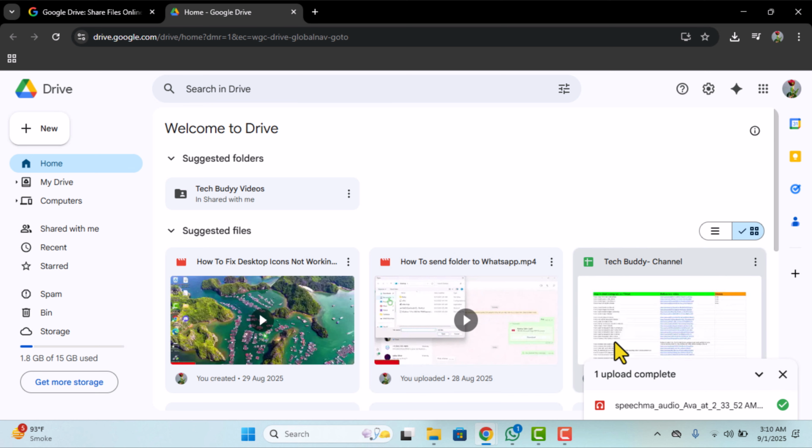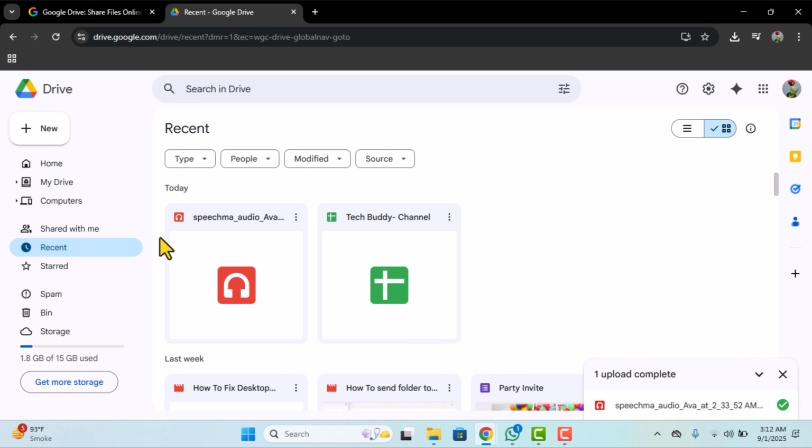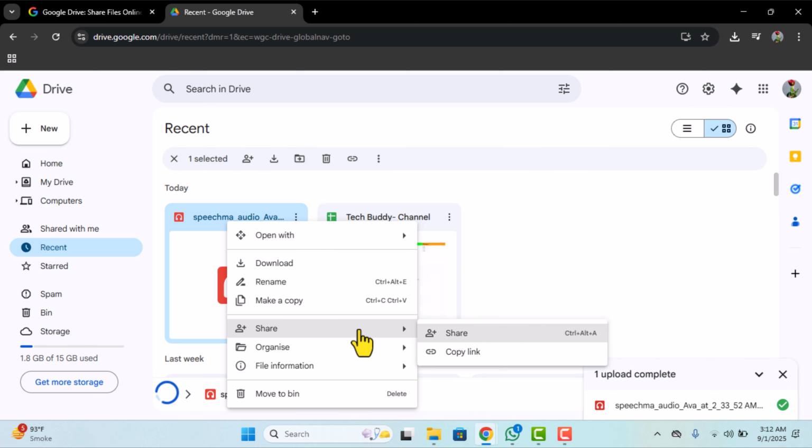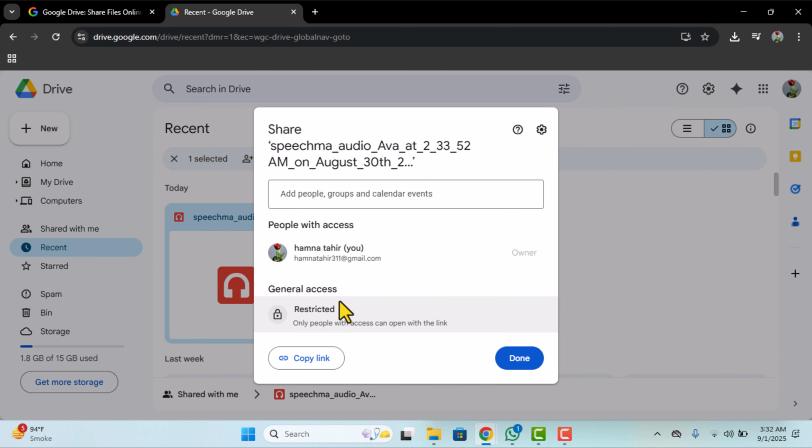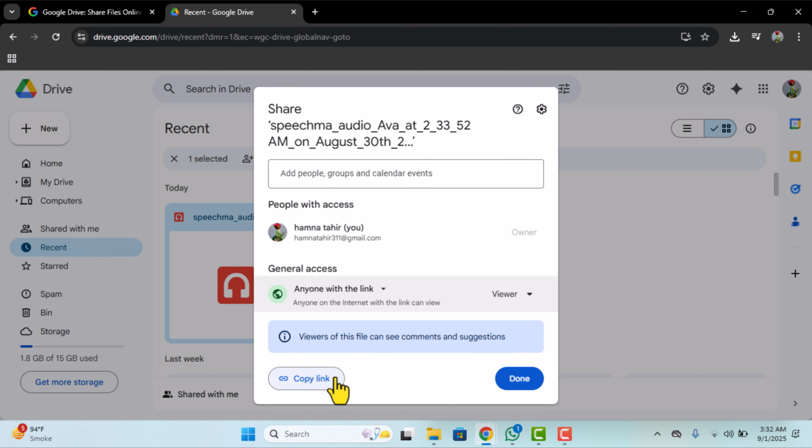Once your video is uploaded, you'll need to share it. Right-click on the file and select Share. By default, the file is restricted, which means only specific people can view it. To make it accessible, change the setting to anyone with the link. Now you can copy the link and anyone you send it to will be able to view and download the